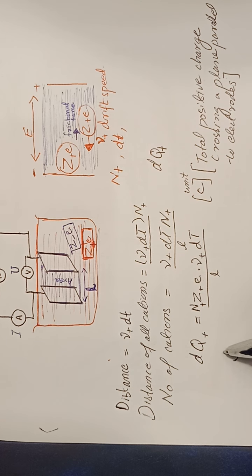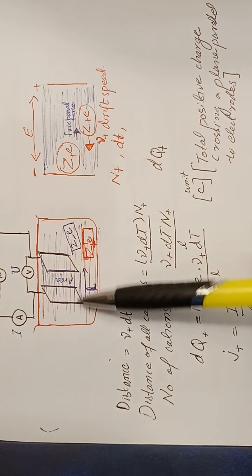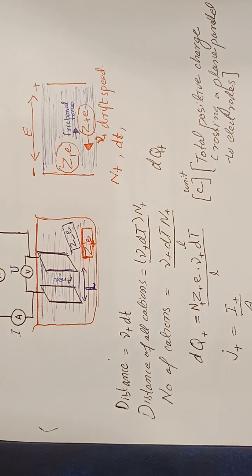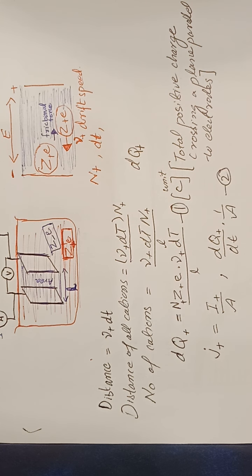So the current density due to the positive ions is equal to the current due to the positive ions over the area between the two electrodes. And as we know, the current is the charge movement with respect to time. So the current density has been redefined in terms of the total charge. Let's call this equation 1, and by comparing equation 1 and 2 we can write the current density due to the positive charge is equal to